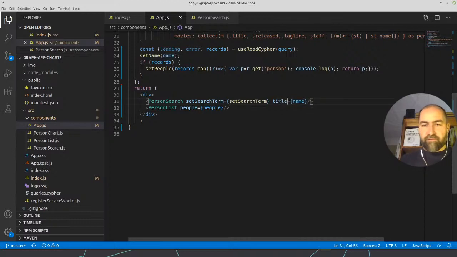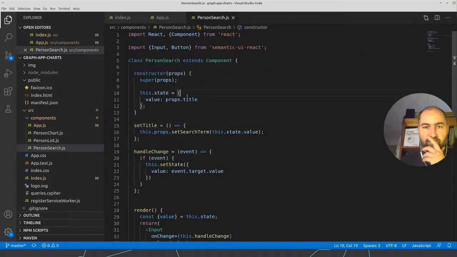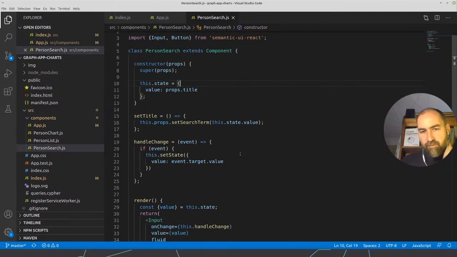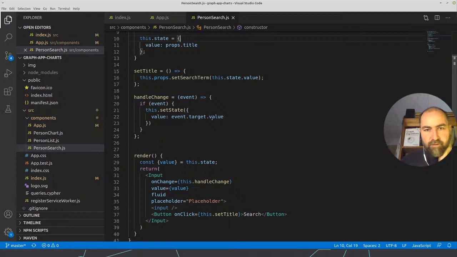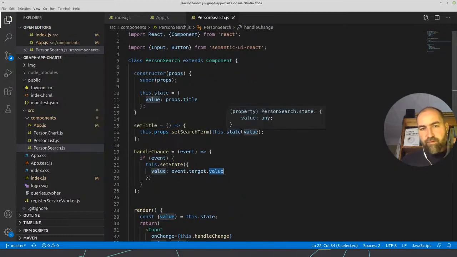I think I stole it from somewhere and then I didn't change all of it. Title. So props.title as the value, this state value, and if I call this, then it calls this. Okay.